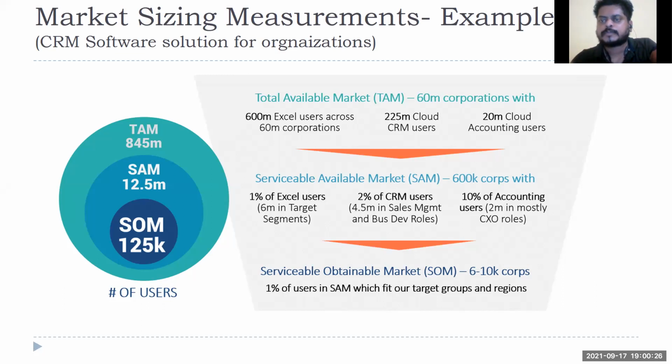You might get 0.1% if you're lucky and if you have an excellent product or service, or less than that. So go by only 0.1% or less than that, 0.05%. Then my numbers will completely change. Rather than 6,000 or 10,000 organizations, I'll be looking into 60 or 100 organizations. And that will be a correct number which I can show to the VC.